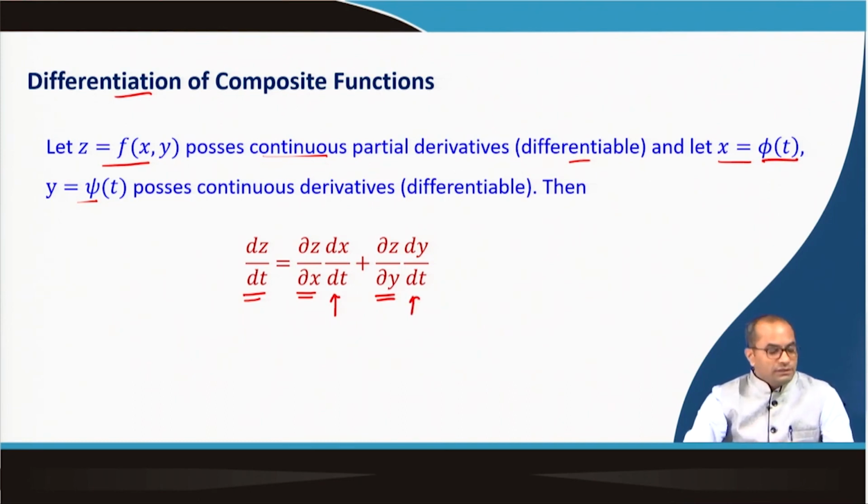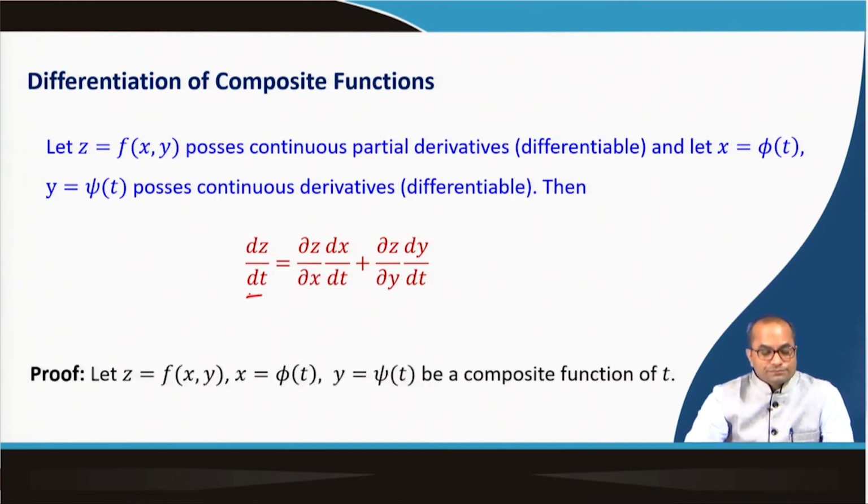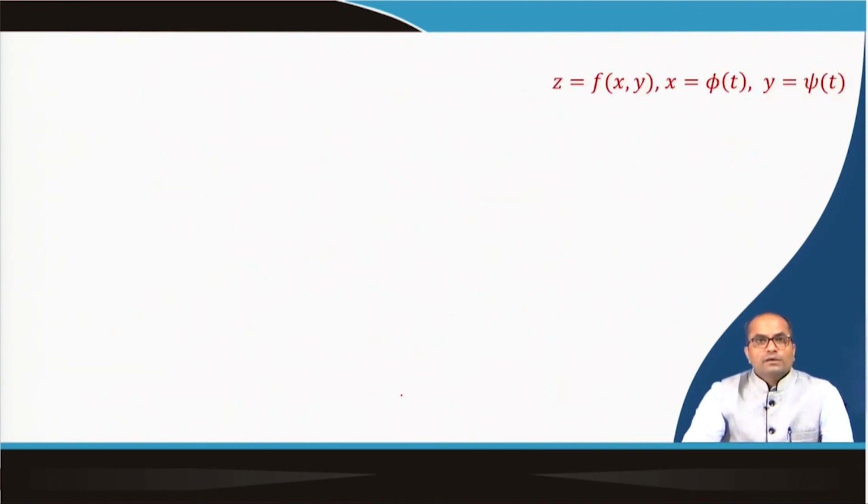So, this formula, which sometimes we call the chain rule, we will see how to derive this formula for the derivative of z with respect to t. So, we let that z is a function of x and y, and this x is a function of t and y is a function of psi(t). Well,